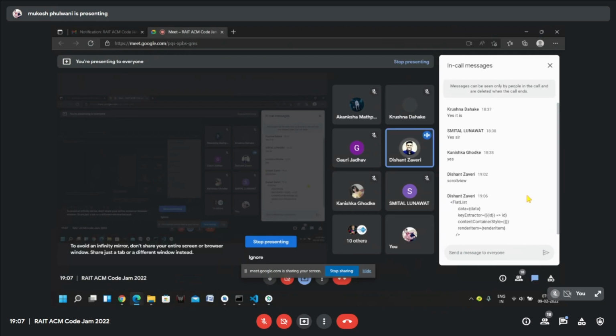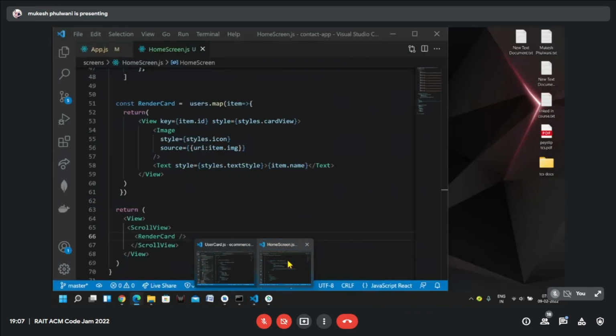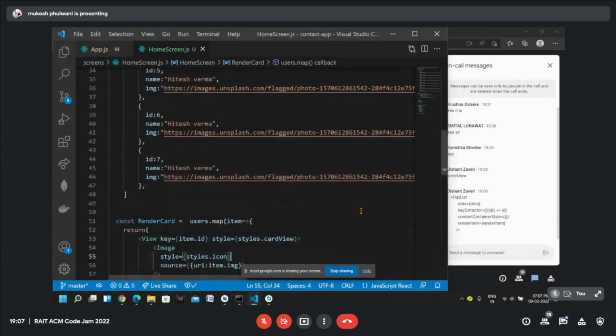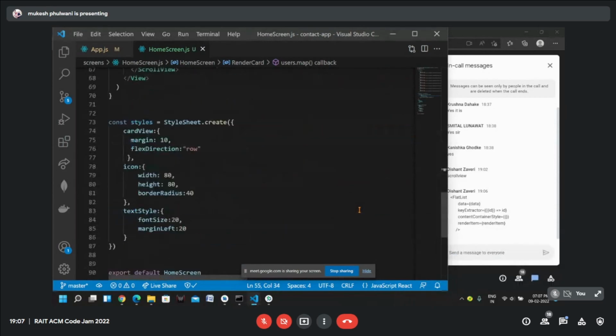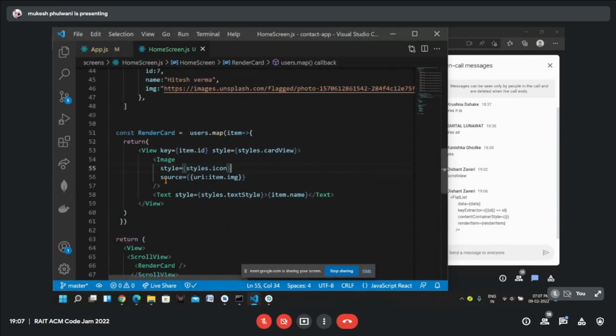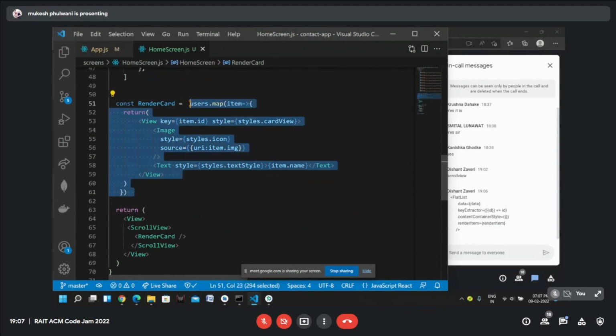That is using FlatList, but now I'm trying to do it without FlatList. Maybe again it will be of no use if we do it this way.